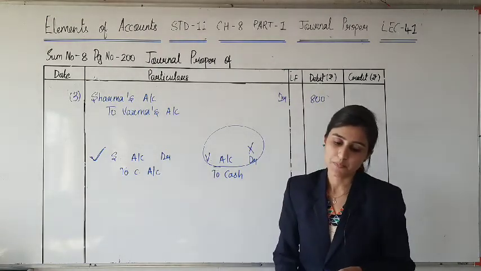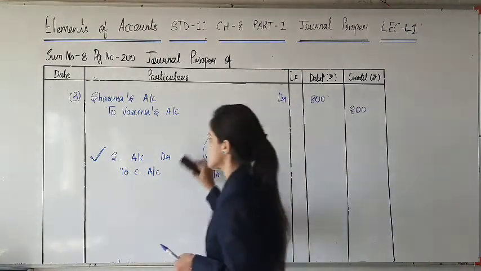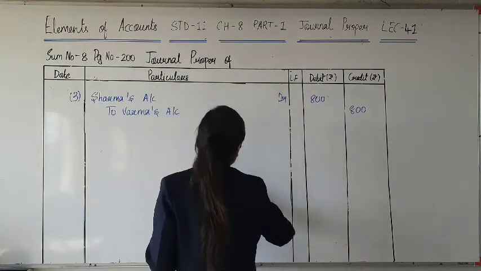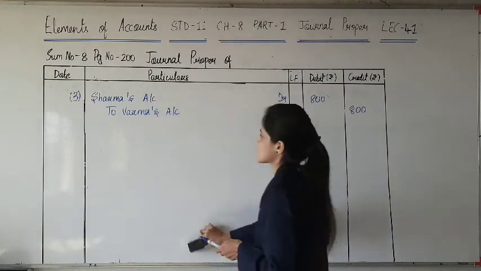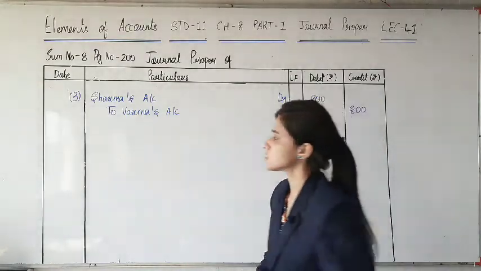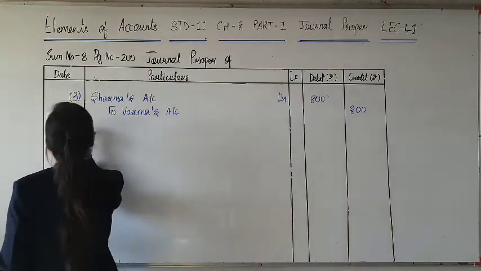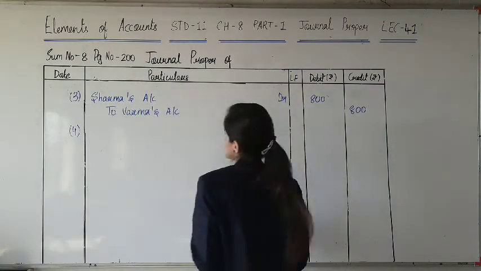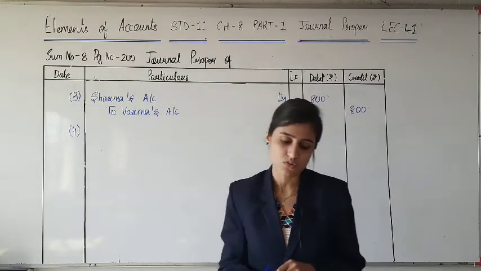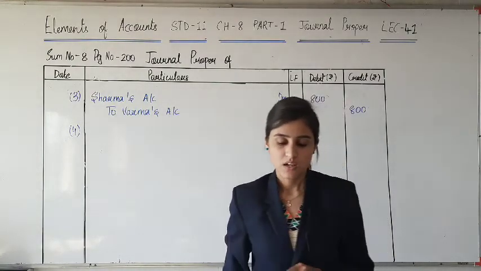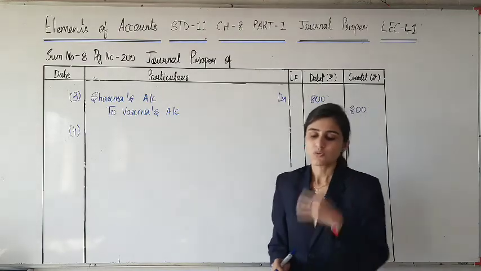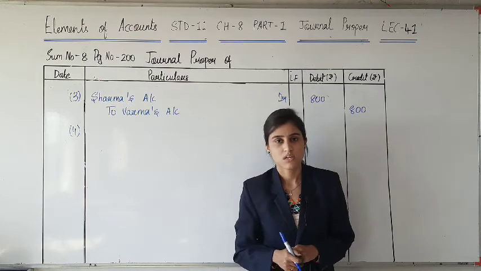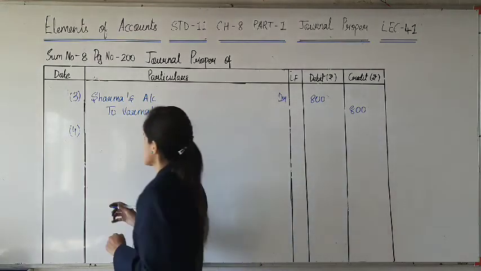Next is 1200 paid for insurance premium is debited to drawings account. Now this is very simple. I am not writing the 2 journal entries, correct and incorrect, to understand this. It simply says that an amount paid for insurance premium is by mistake debited to drawings account. How much is the amount? Rupees 1200. Yeah. So it was to be debited to insurance premium and is debited to drawings account. Yes. So simply the rectification entry is